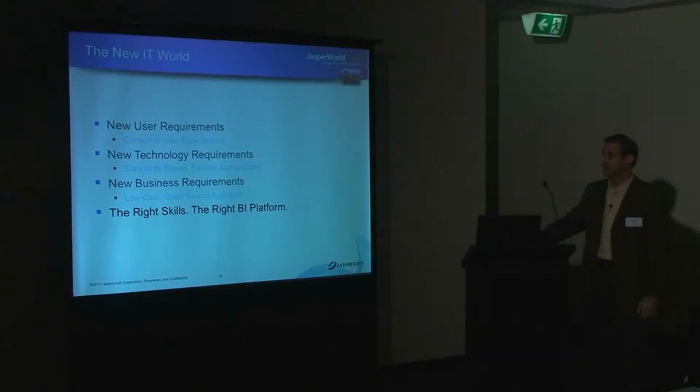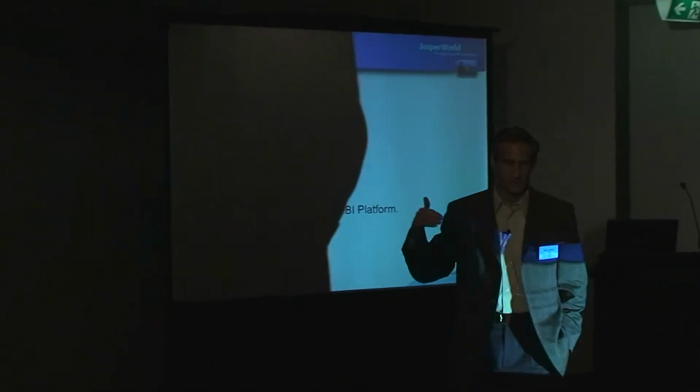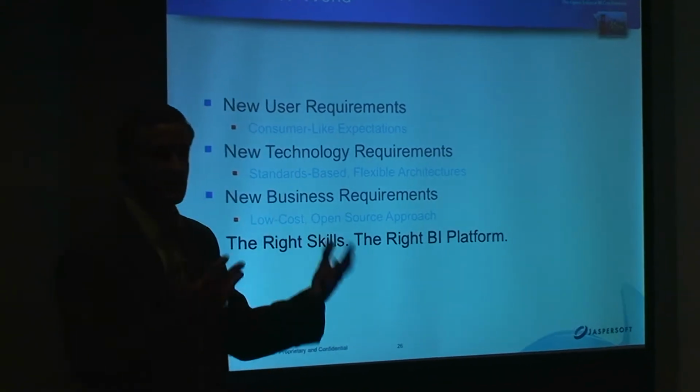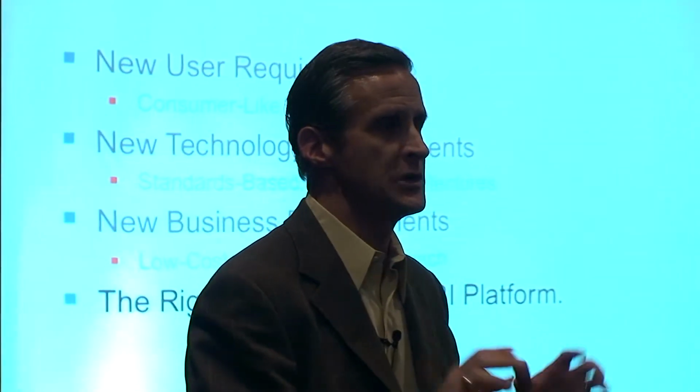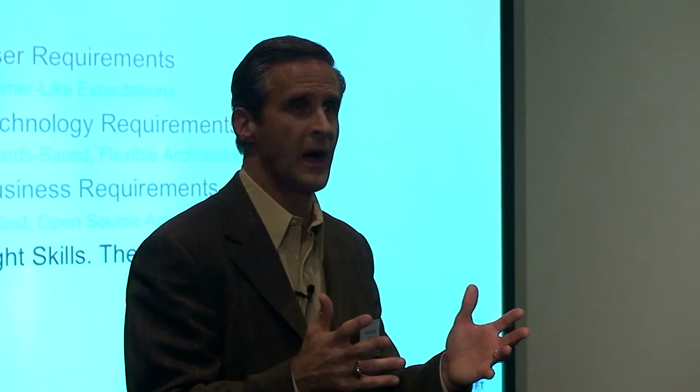So the bigger the implementation, not so surprising perhaps, the more likely an open source approach is going to give you big scale advantages. So these are the 3 areas that are having such a big impact on this future network-based computing, and business intelligence as a subset. The consumer-like approach, this flexible architecture, and then the low-cost techniques, because we no longer have the luxury of months and months to value in a project. Right? We have days or weeks now to prove the value. And so this fast time to value approach, friction-free way of proving something's going to have value has become required